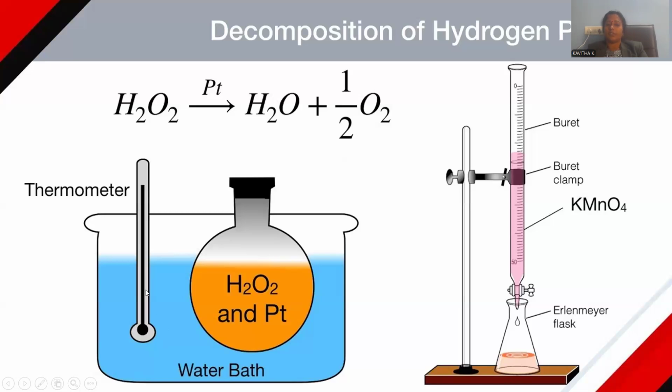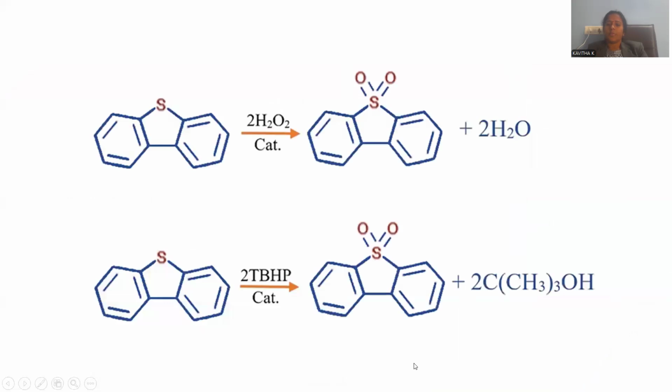The temperature can be monitored with the thermometer continuously. And here is the pot which is accompanied by hydrogen peroxide and the platinum catalyst in order to facilitate the release of oxygen over there. This is the way you can observe that this hydrogen peroxide is oxygen rich in nature, right? So this is the one you clearly observe.